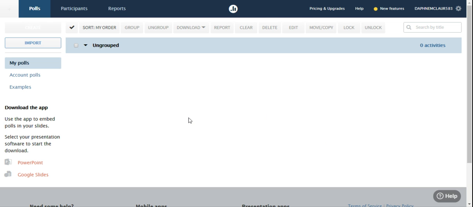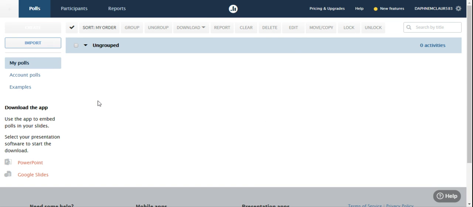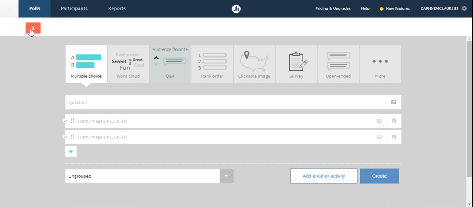And what you want to do is create questions to ask your students. But you don't see a create button. You actually have to hover over in the left upper hand corner here, and the create button will appear. All right, so I'm going to push the create button, and it will take you to a screen where you'll